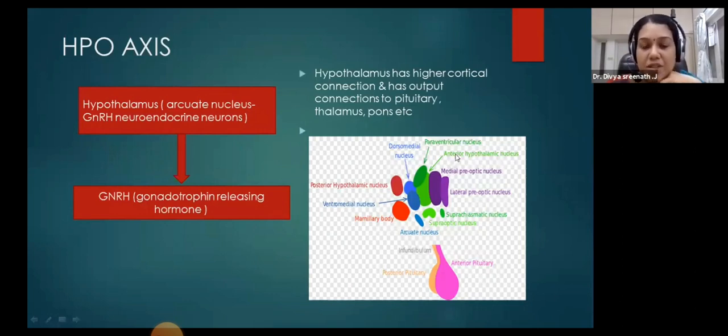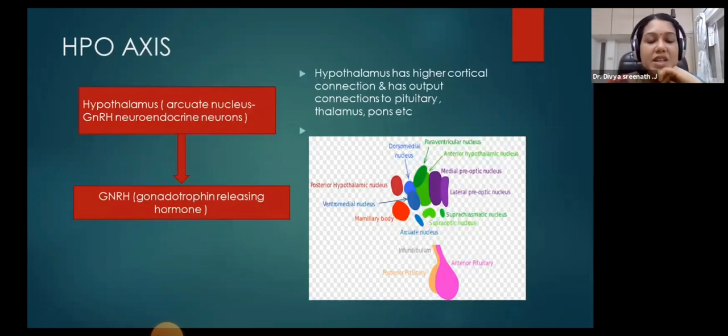Okay. This hypothalamus also has connection to the higher cortical centers. So if there is so much stress, like exam stress or even the death of a nearby relative, you can feel an alteration in the regularity of cycles. So the hypothalamus has higher center connections also, which is also mentioned in our classics, like Manaso Abhitapat, Shukrasrat, Ahara Vihara Doshat. The role of Manas is important and it is mentioned for normal conception also.